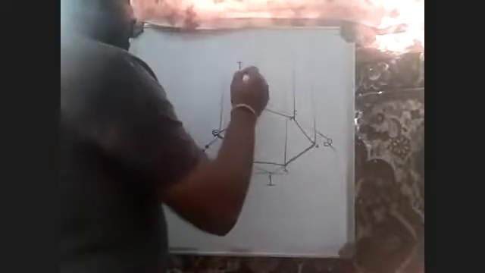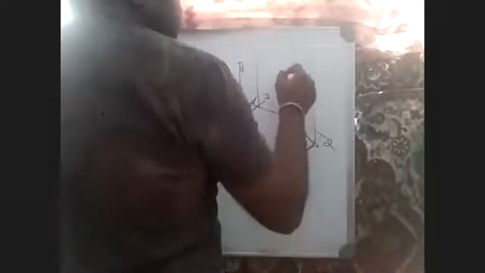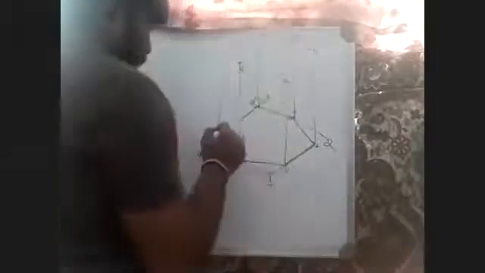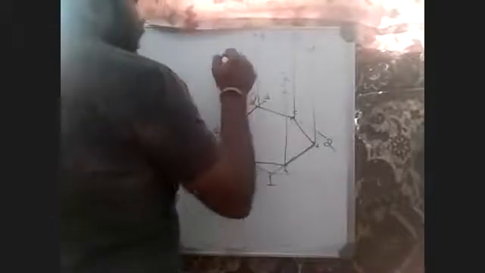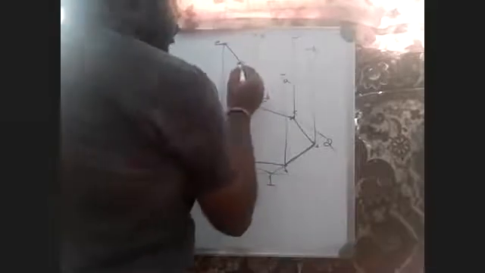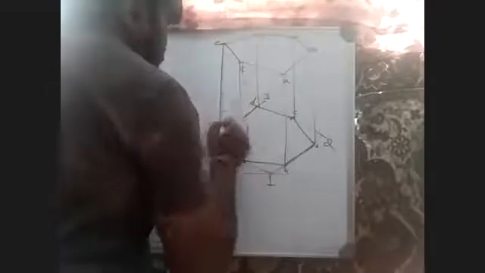So this is top F. 1 to 10. This is A. 1 to 10. This is B. 1 to 10. This is C. D. 1 to 10. This is D. 1 to 10. This is E. Okay. So if I connect F to A, A to B, B to C, C to D, D to E, this is the top hexagon.